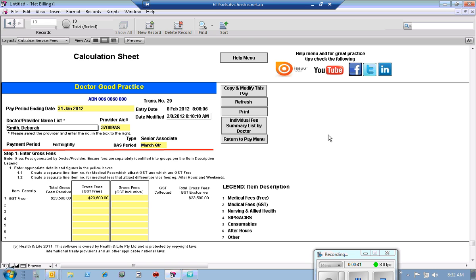Now, if I'm wanting to find information for, say, the December quarter for one of the doctors or several doctors, you can actually perform a find in here to tell the database to bring up information for that period only. To perform this find, you need to first click on the word find. Now before you do that,